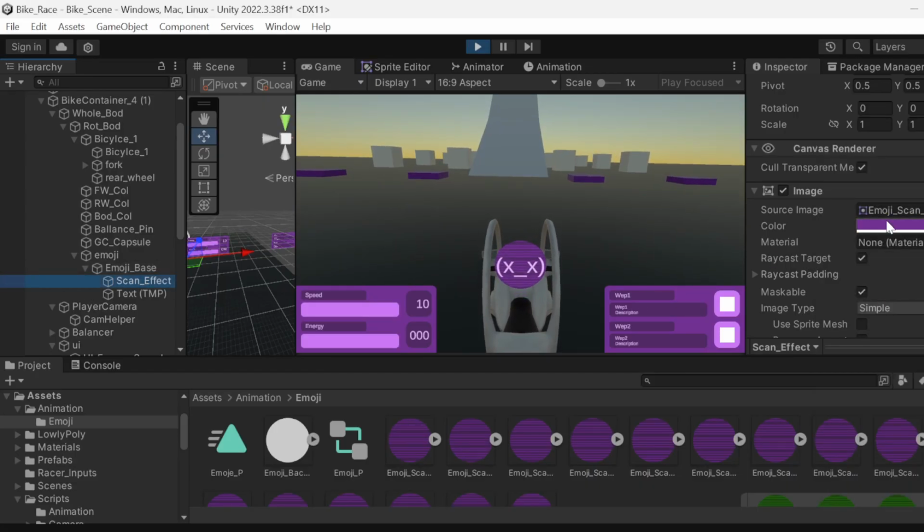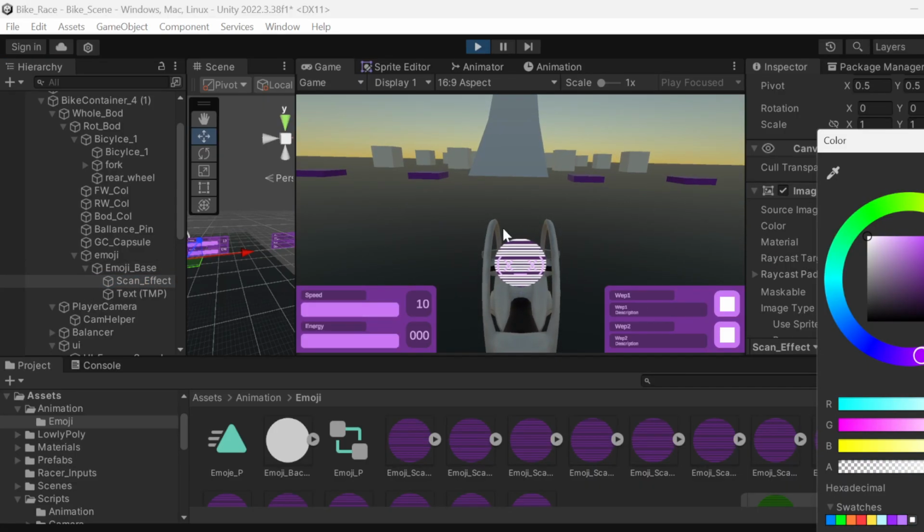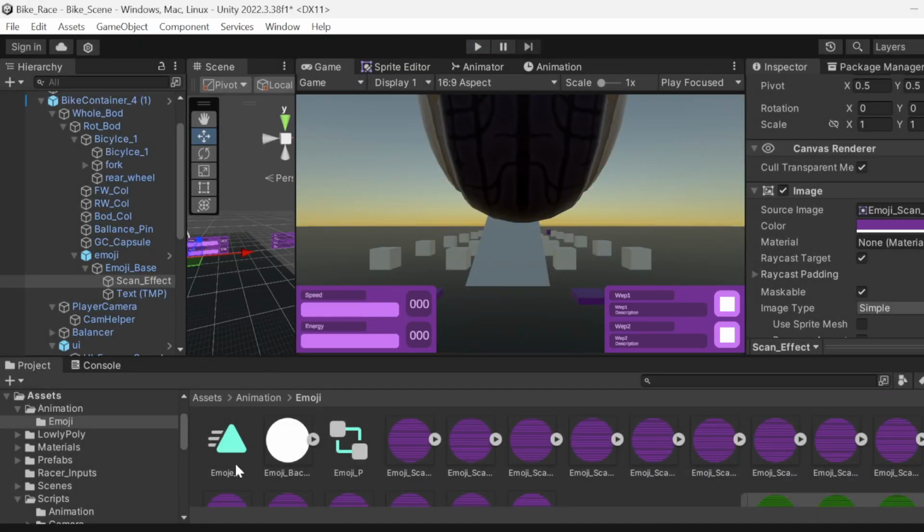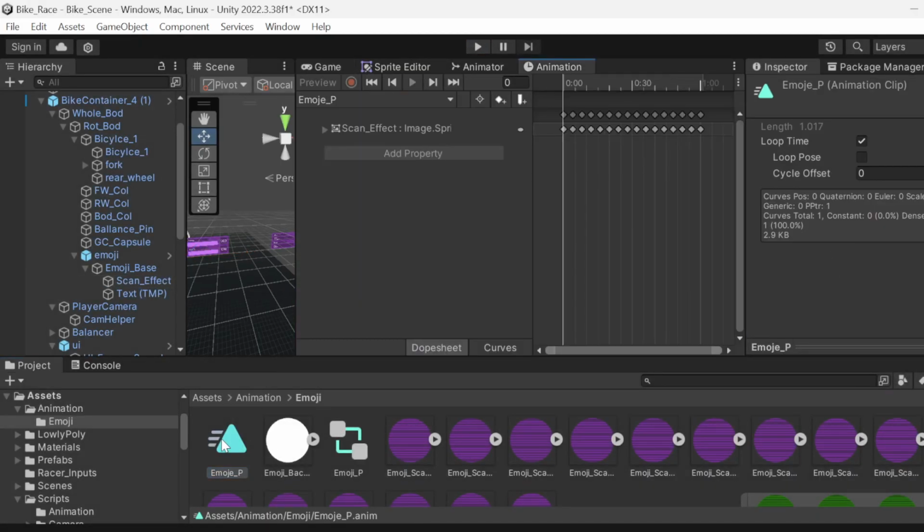And you can see that the part that's actually moving is the scan effect moving across a base color background circle. Okay, so why is it set up that way? If you look at it, I want to look at my animation. It doesn't really look, what can I do here? Oh, if I add a property,